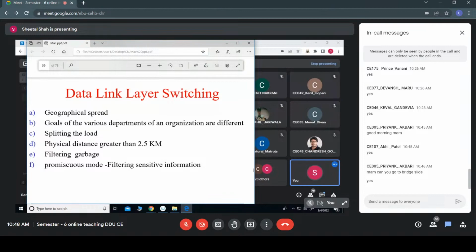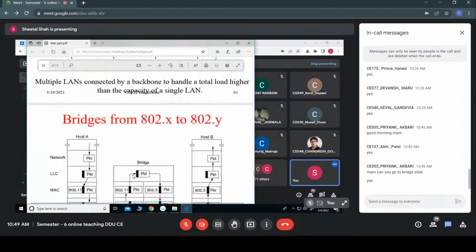Then it filters the sensitive information, since it is working in the promiscuous mode. Promiscuous mode means what? All the hosts in the network can access the frames. Since it is working in the promiscuous mode, if we want some sensitive information to be restricted only to a particular LAN, then such sensitive information can be prevented from being forwarded to the other LANs. Hence the sensitive information can be preserved. So this we have discussed in our last lecture,